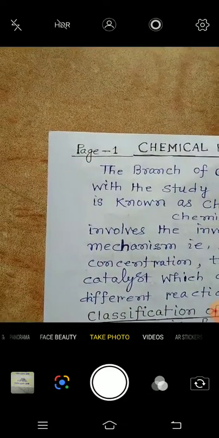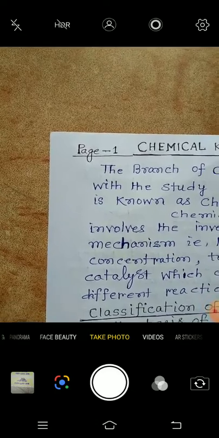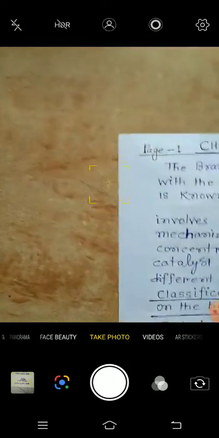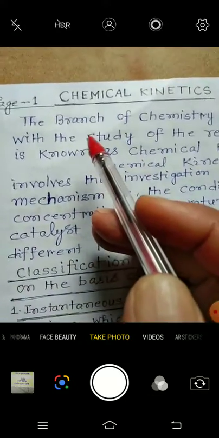I will start the third chapter, that is chemical kinetics. I will teach you some important topics of chemical kinetics. See here. First of all,